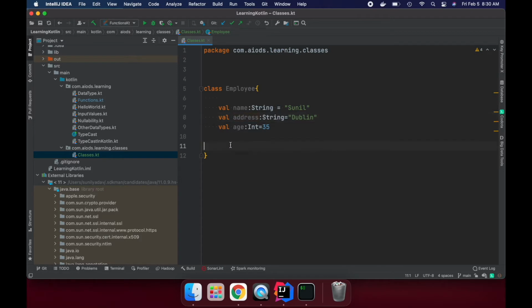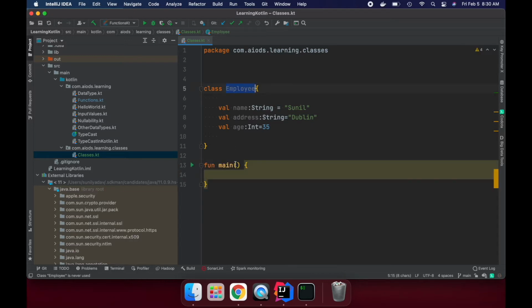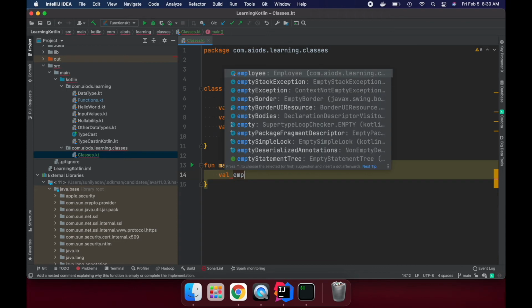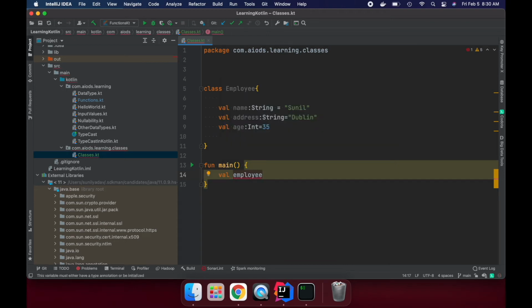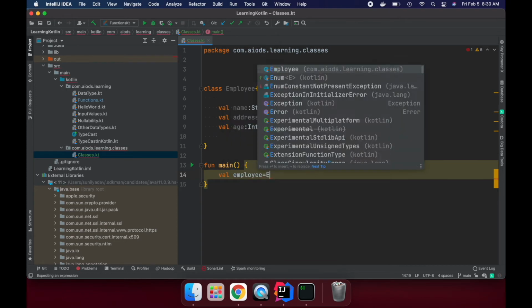That's perfectly fine. But now the next question is, we need to instantiate the class, to create the object. So how can we do that? Let's create a main method here. In the main method I'm going to create an object of this class and initialize the values. So we can say val employee, this is the employee variable name, and I'm going to say Employee.